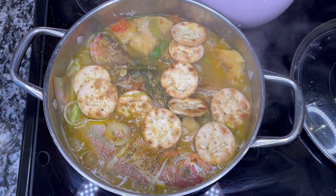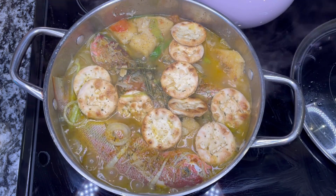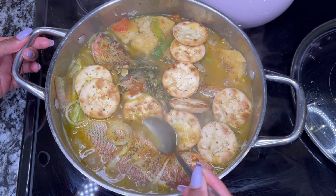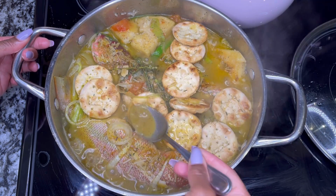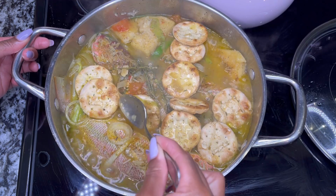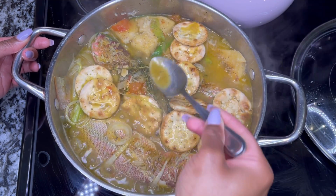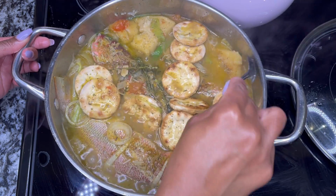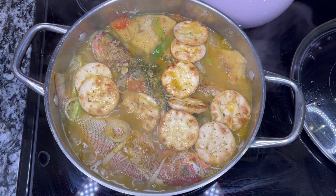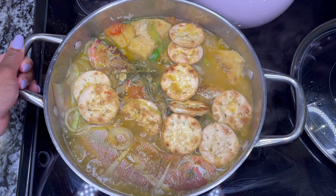All right, that's it. Steamed fish, crackers with bammy. That's it, guys. You see how the gravy is nice and thick? That's how I like my steamed fish. The fish is not overcooked. The crackers are just soft to how I like them. The bammy, everything nice. So I'm going to plate. But that's it, guys. Steamed fish,